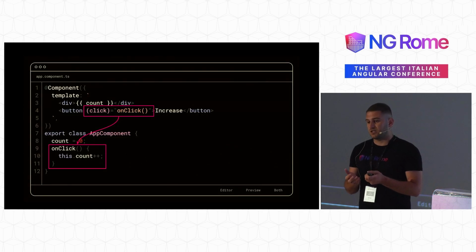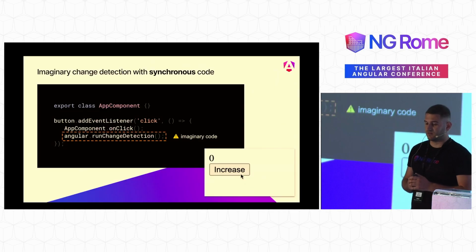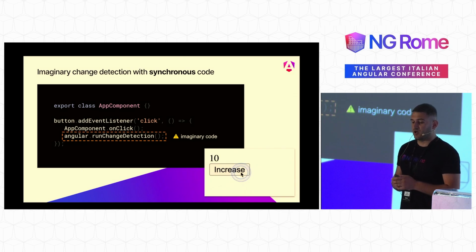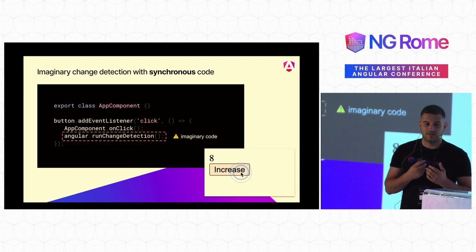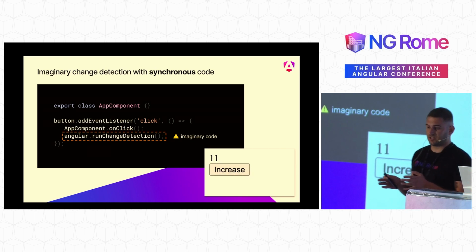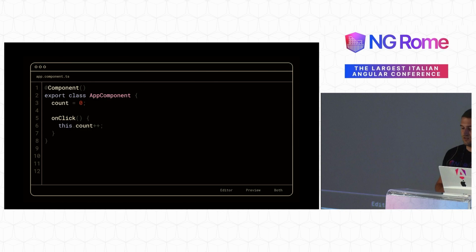Maybe in our case, it will run some change detection code after that on-click event happens. So this is some imaginary code where we have the event listener that is supposed to be generated, and then we have that Angular that runs change detection. As I said, this is just imaginary code. So in our case, we click, but what happens is